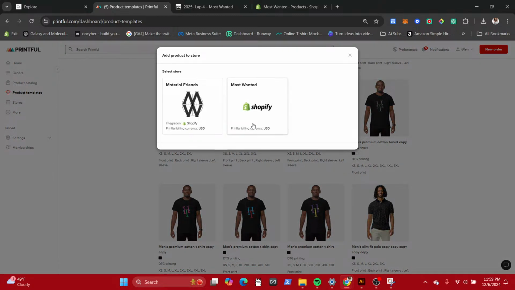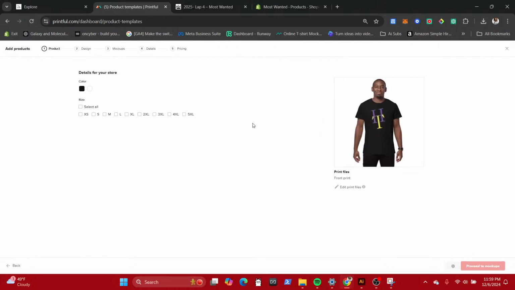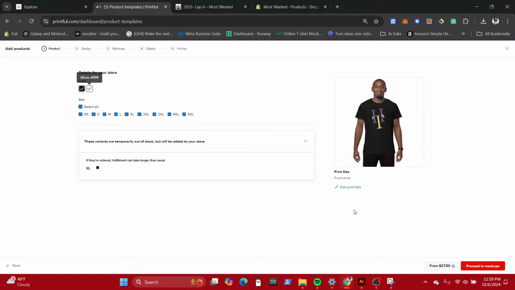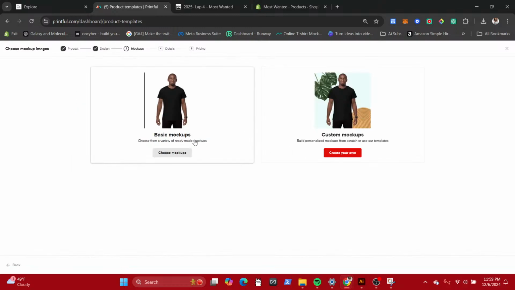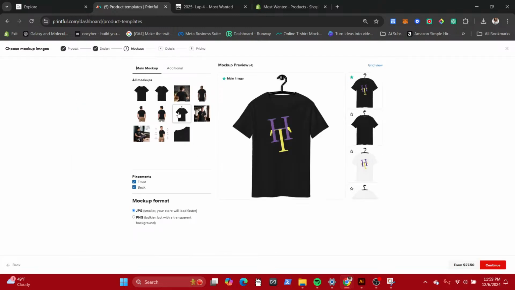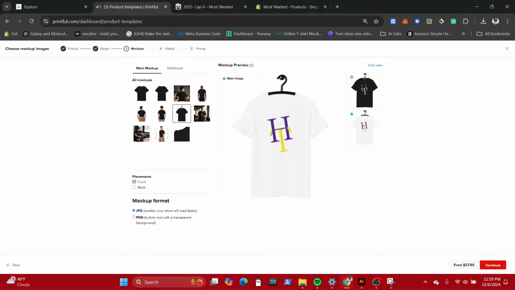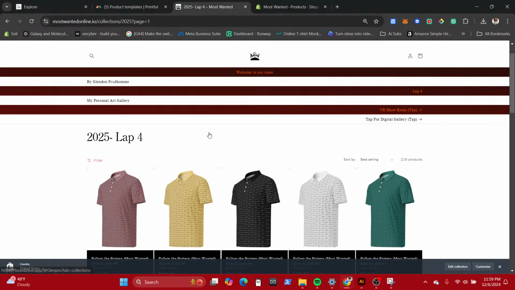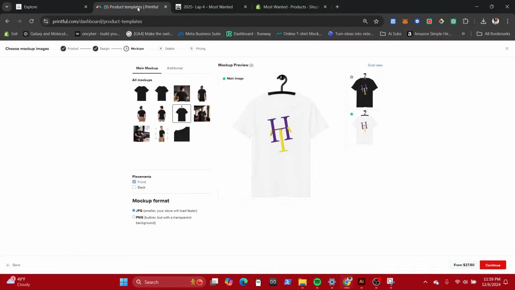H-Town. And we can do this in a black and white thread. So if on background, if you want the white or you want the black, you'll still be able to. And we're gonna do this on the hanger. Nothing on the back. Cool. And we're gonna do these in all white.